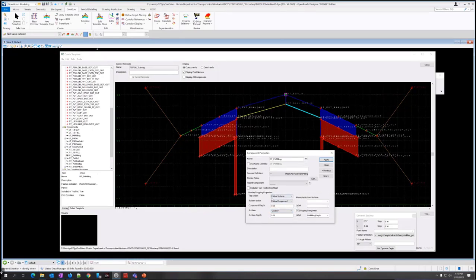Make sure. So what this is going to do is that you're going to mill from the existing surface down to however we define this component, which right now is constrained. So this is projected surface. This is based on a profile, which could be existing profile or could be proposed profile. And it's going to come down at a fixed milling depth here. So it's a fixed depth down from this point, which is from the existing ground, and it's fixed depth down here from this point, which we don't know at this point whether it's existing ground or profile. And it could be either way, depending on what we need.